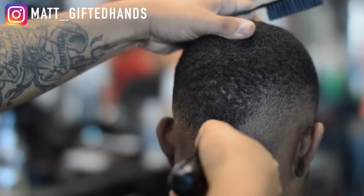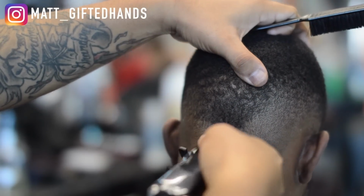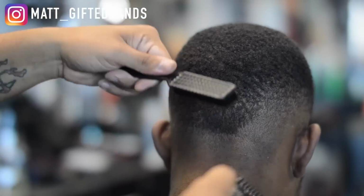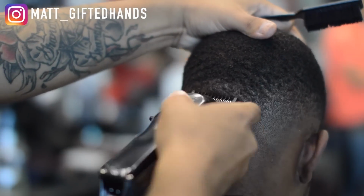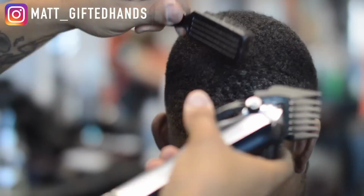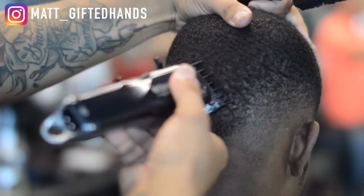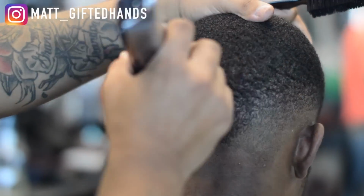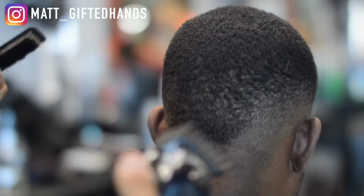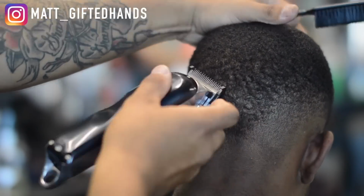I did forget about this part. What I did for the sake of the video is I faded one side and then went to the other. Now I'm working out the back, because you want to make sure that the back blends to the sides, right? You want the haircut in the back to look like it belongs to the sides. Around that occipital bone area, it tends to be a little darker, so you may find yourself using a lower guard in the area, or even no guard, and using the corners to blend that area in. I did speed up this side, but it's basically the same steps. Like I said, you may find yourself using the lower guard just to remove that darkness around this area,